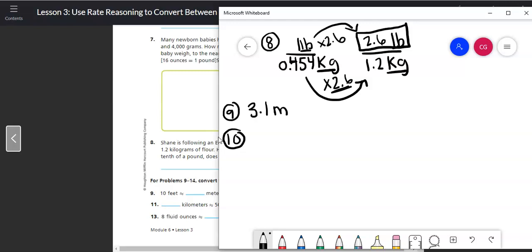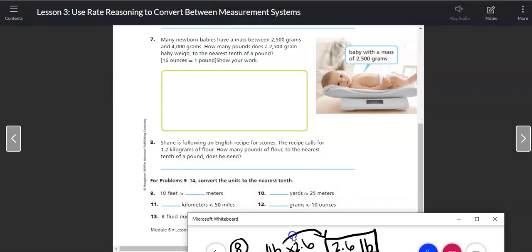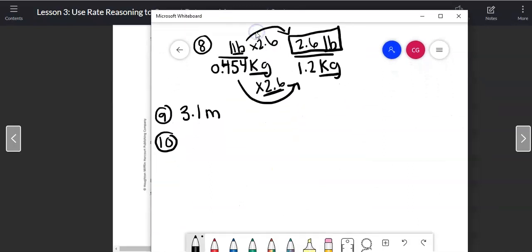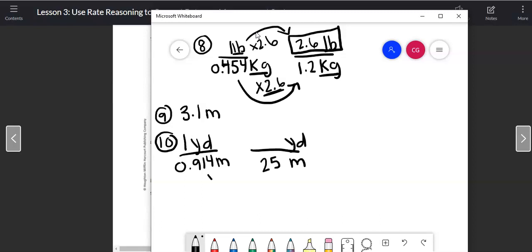I know if I look at number 10, blank yards is how many meters? I know that 1 yard is 0.914 meters because I looked at the conversion chart. So I'm going to have my meters down here, my yards up here. And it told me that we have 25 meters. To get from